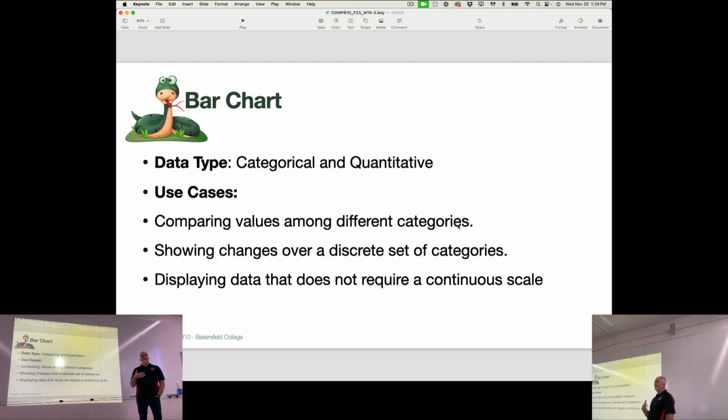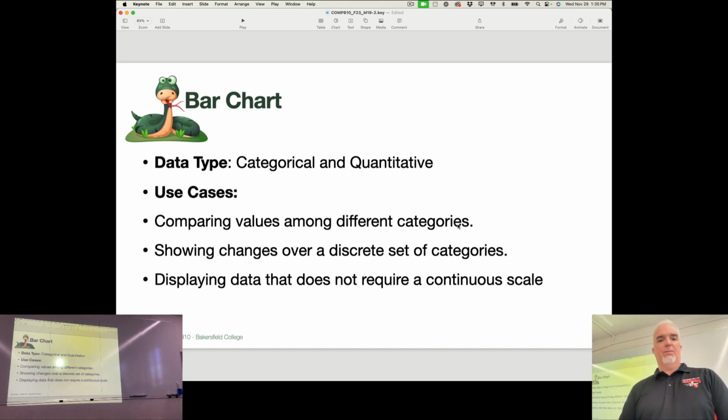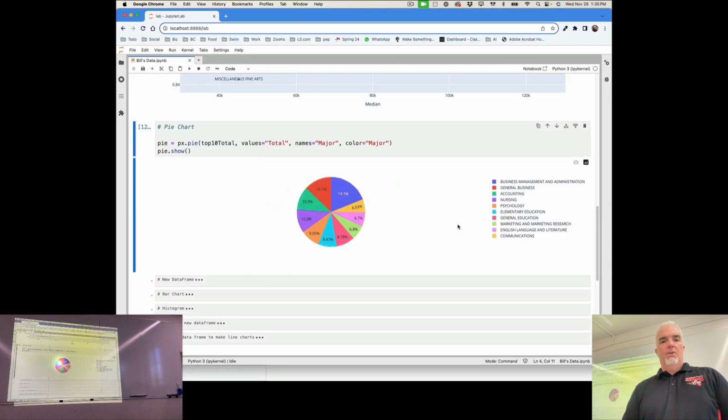If I just want to compare values, like how many pieces of pie did each person in my house eat on Thanksgiving? So, you know, Robbie ate 5 and Gabby ate 3 and I ate 2 and Kai ate 1. Like I could make a chart that showed the relative differences in those. It's really good for showing differences between categories. So a bar chart,